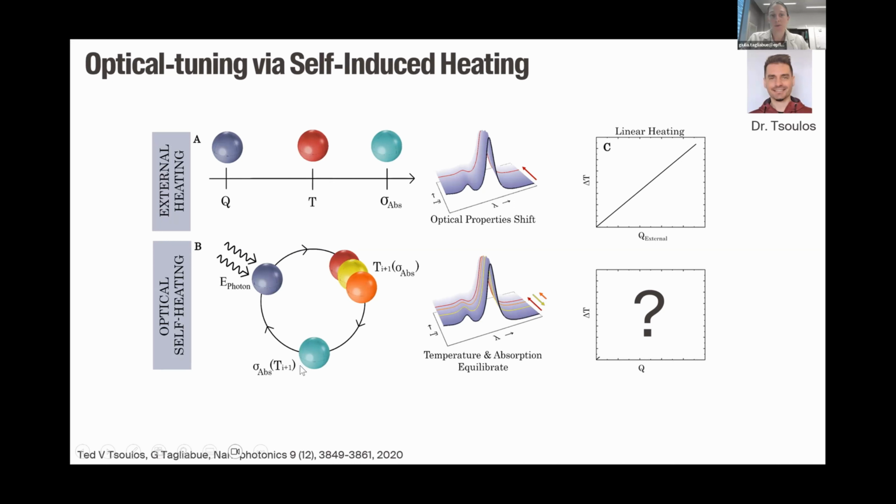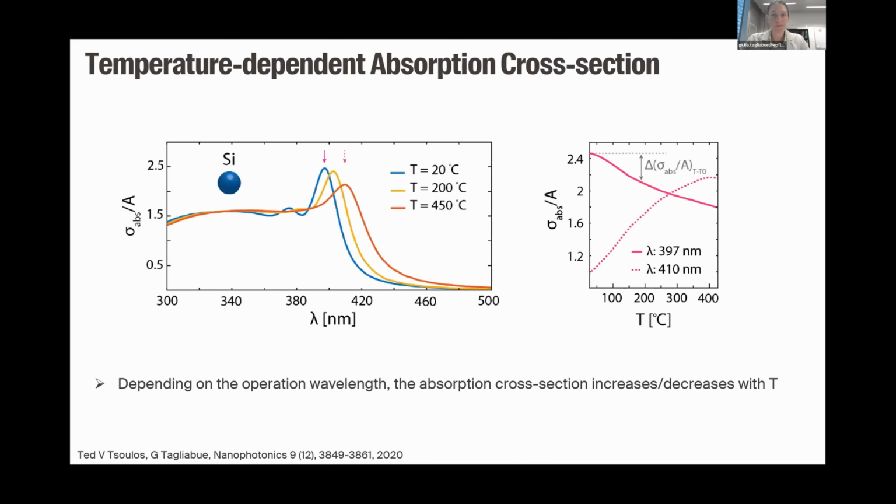This determines the absorption cross-section, but this cross-section will be different from the initial one, and so the system will eventually have to settle on a steady state temperature that will depend on the intensity and the initial absorption cross-section. So if we look here, this is the absorption efficiency for a silicon nanosphere. I think this is 33 nanometer radius, so 66 nanometer diameter. And the blue one is the room temperature